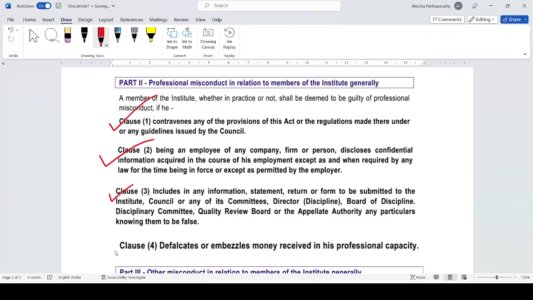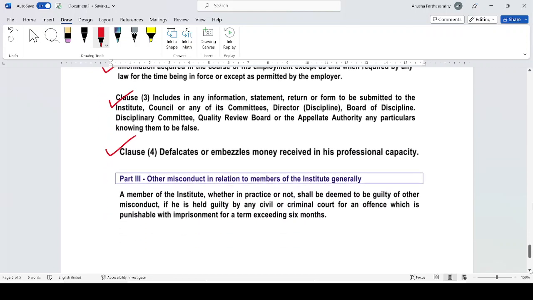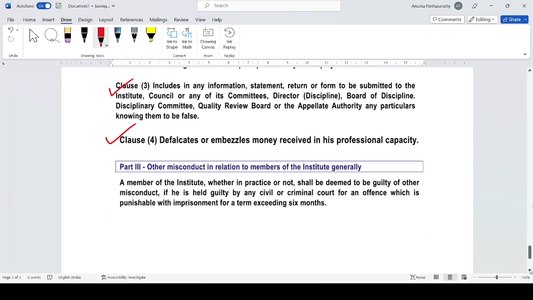And Clause 4 of Part 2 of the Second Schedule, Chartered Accountants Act 1949: a member of the institute, whether in practice or not, shall be deemed to be guilty of professional misconduct if he defalcates or embezzles money received in his professional capacity. As per Clause 1 of Part 3 of the Second Schedule, Chartered Accountants Act 1949,